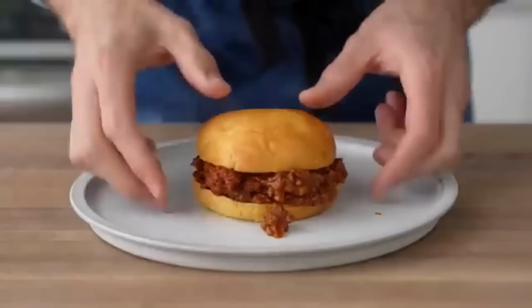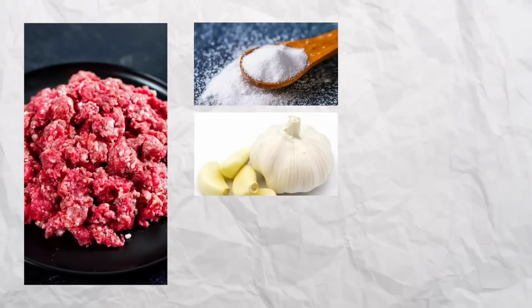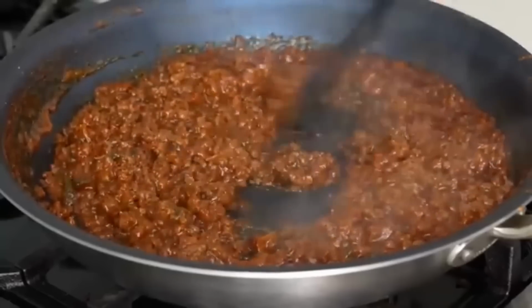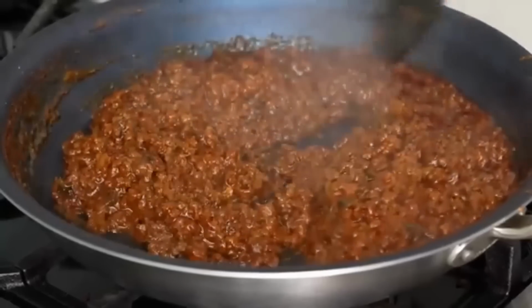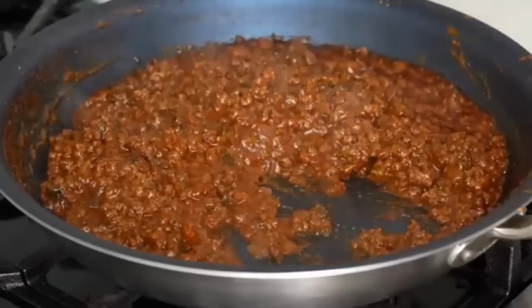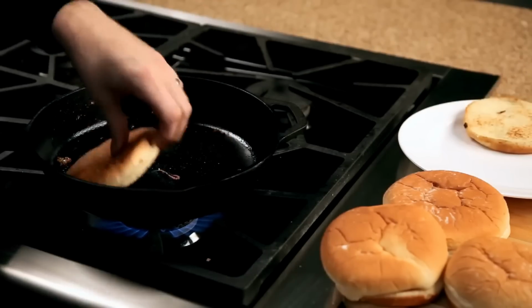For this mom-made specialty, all you need are the basics, usually in your pantry or freezer, such as ground beef, salt, garlic, onions, and buns. You could opt to throw everything in a slow cooker or take an alternative route that saves time, taking a potato masher and tenderizing the sloppiness. Then you take a bun, toast it nice and warm, and slap on the meat, and there you go, a